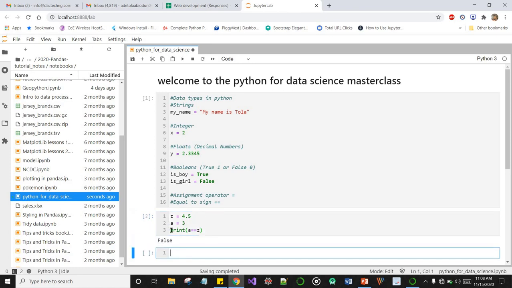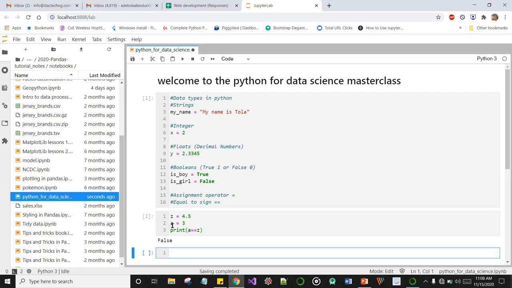You see I have an output here telling me False, because the output of comparing the values in two variables is going to return a boolean value, which is False.